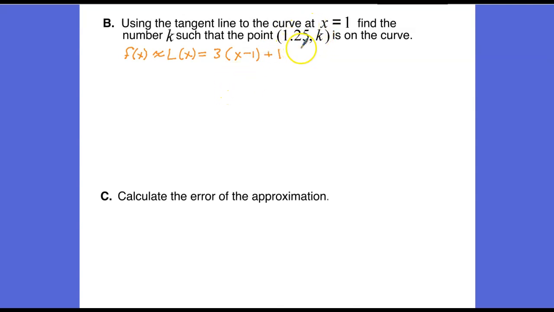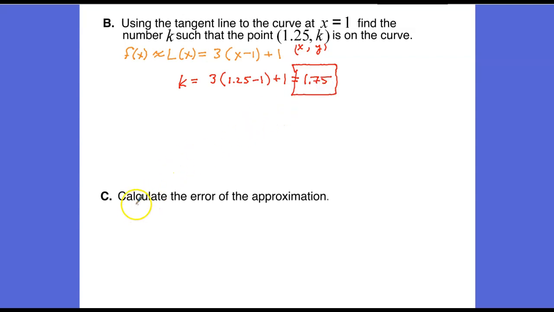So we can substitute directly from this point. 1.25 is an x value, k is a y value. And so we'll let k be equal to 3 times 1.25 minus 1 plus 1. This ends up being